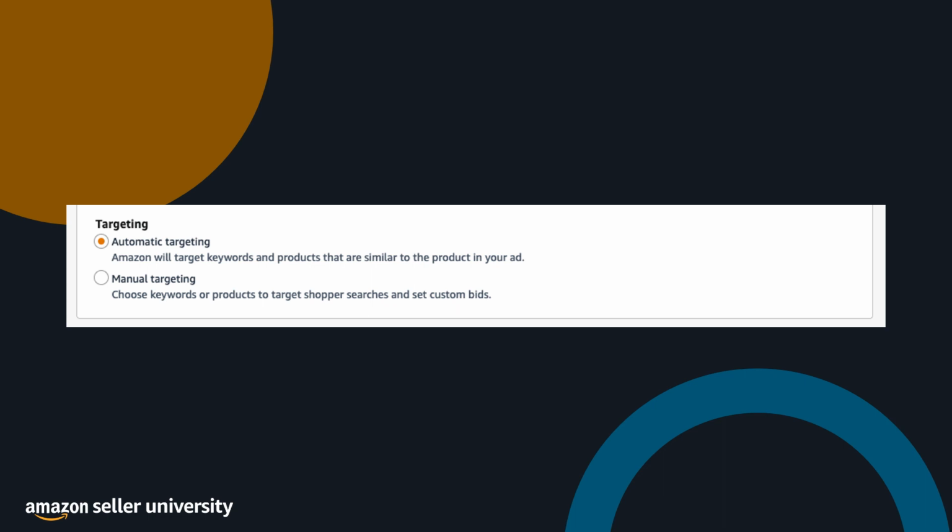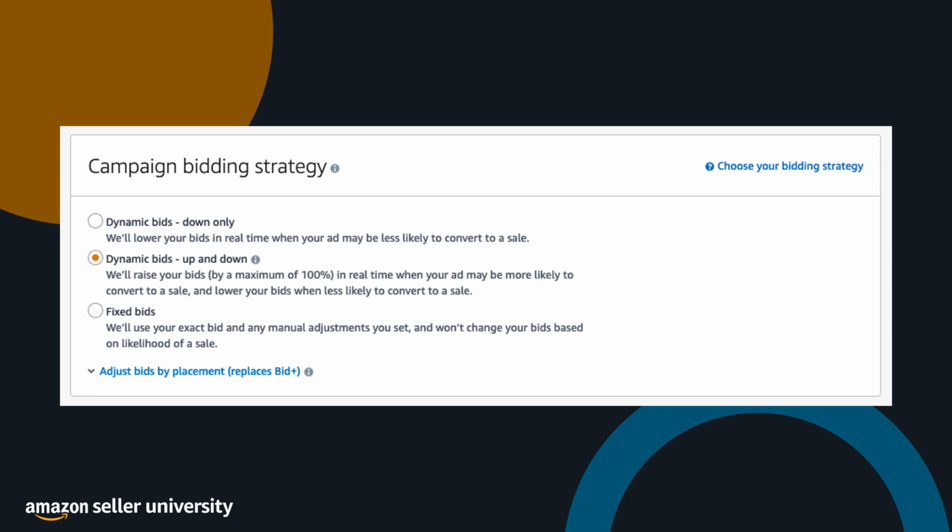So when you choose automatic targeting, Amazon uses multiple default strategies to match your ad. And remember, we use the word ad. It's up for your listing. Your listing is an ad for the product, right? So we're going to use the term ad. It's the same as ASIN, it's the same as listing. So Amazon uses multiple default strategies to match your ad to a customer shopping for your product. These different targeting defaults include things like a close match, a loose match, substitutes, and complements, right? So let's go on to the next slide. We'll talk a little bit about